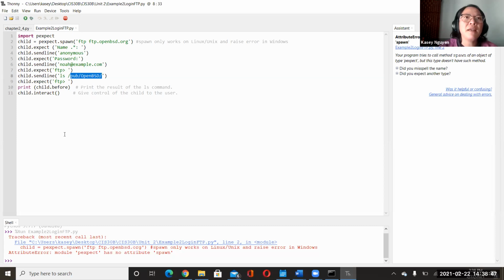So it's going to show that, okay? And then again, we would have another expect method for FTP. So this is like typing, clicking, right? But it's going to automate that step for you as far as the login.